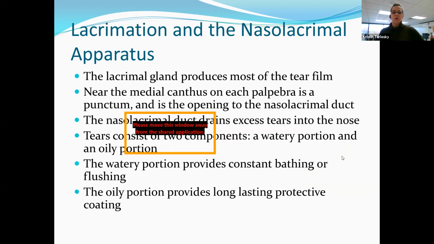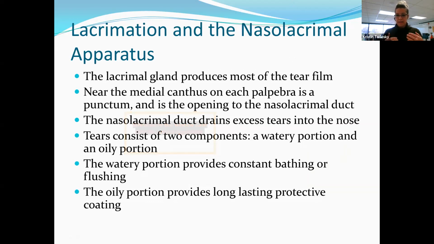All right, so we'll talk a little bit about tear production, and that's called lacrimation. So lacrimation, most of it happens in that nasolacrimal apparatus. It's right in that medial canthus or near it. The lacrimal gland is what produces most of the tear film in ourselves and in animals. Okay, so near the medial canthus, which is right by that nose